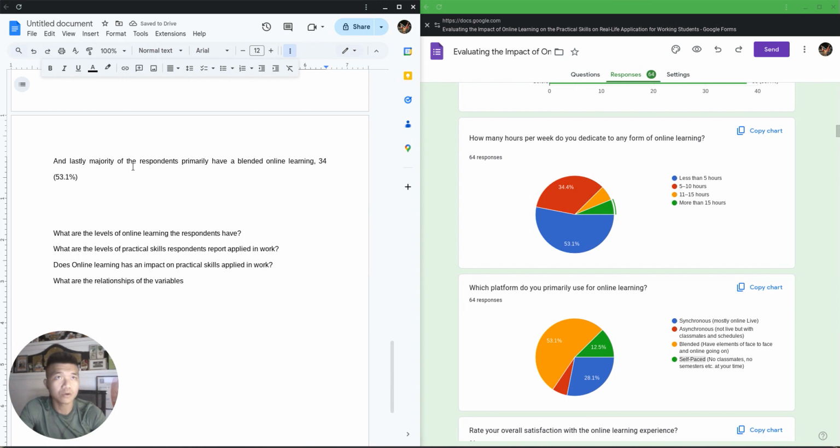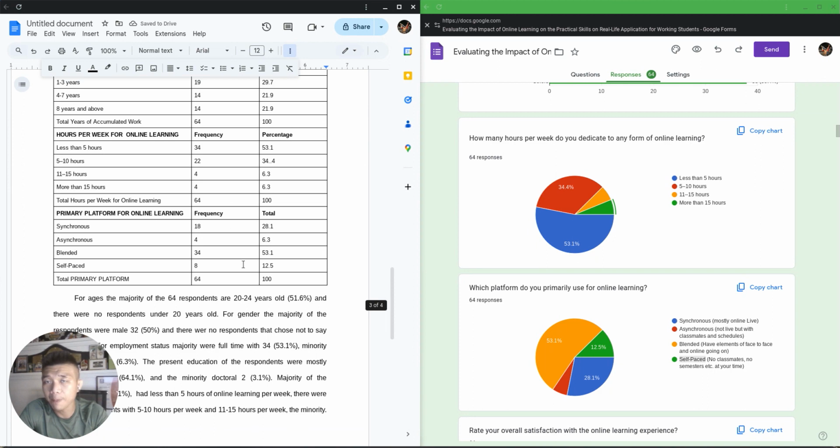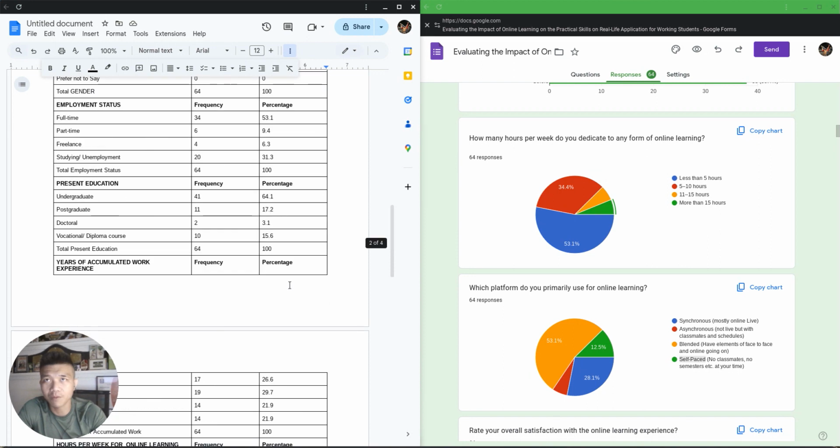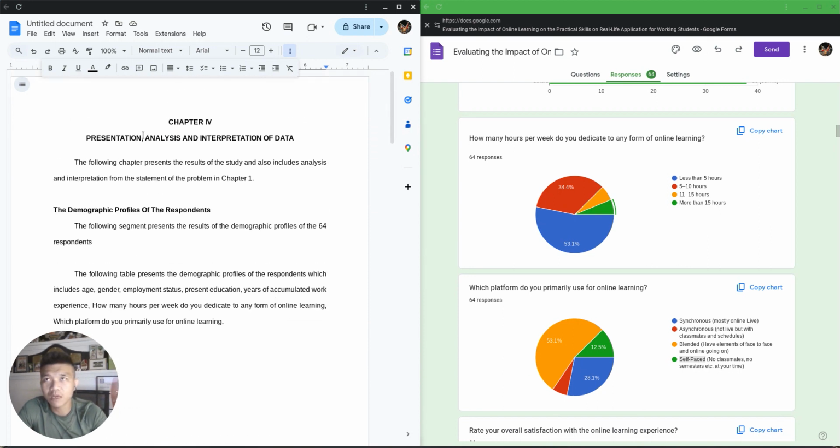Natakpan na tayo ng ako. The minority will be synchronous for, ilan to? 6.3%. Alright. Now that you've described them, haba, no? Ganun talaga eh. Describe them using a table. Describe them verbally. Ano bang chapter 4 natin? Chapter 4 natin is about analysis and interpretation of data. Now, this